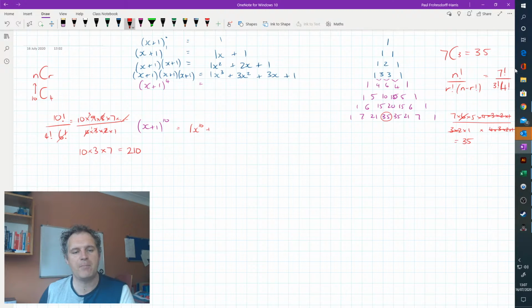So I already know that it's going to be one lot of x to the power 10 plus 10 times x to the power 9, you'll notice they all start 1, then the number itself. But I also know that the term in x to the power of 4, so it'll be the fourth one along, it starts with 0. So it'll be 0, 1, 2, 3, so the one with x to the power